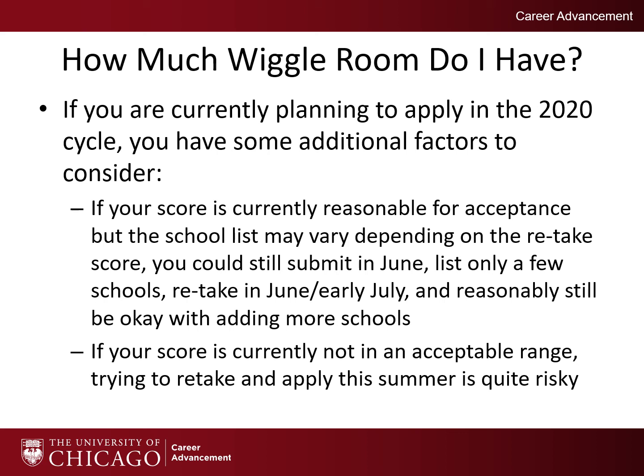So remember that as soon as you click that AMCAS button, you are technically an applicant for any school that is on your list. So say you are willing to take the risk, you apply, you put a ton of schools down on your AMCAS application, you pay for all of those schools, and then your MCAT score comes back and it's still not a good score for the types of schools that you're aiming towards. Now you've got a couple of problems. First of all, you could persist with your application, spend more money on all of your secondaries, and maybe you'll get in, maybe you won't.